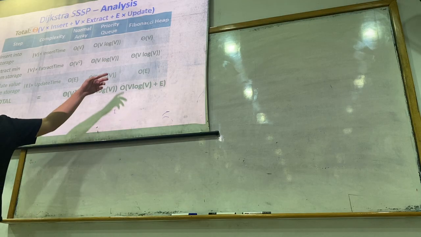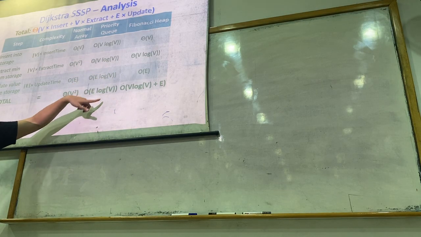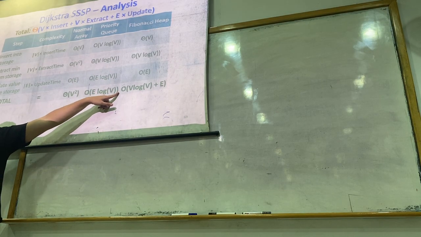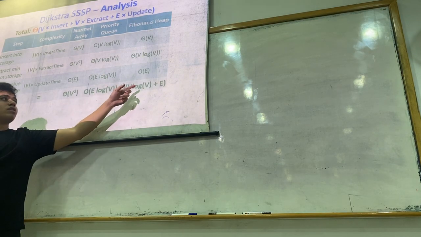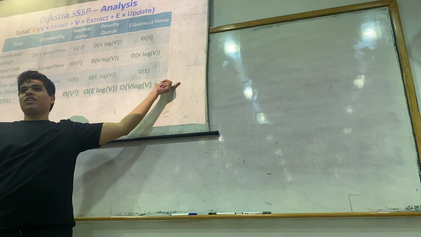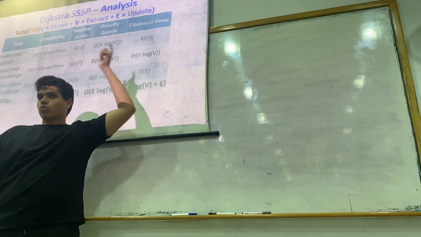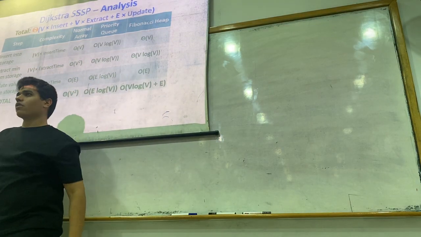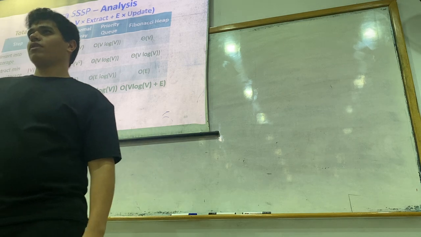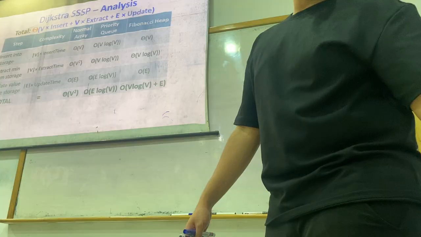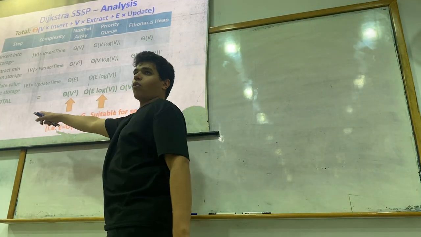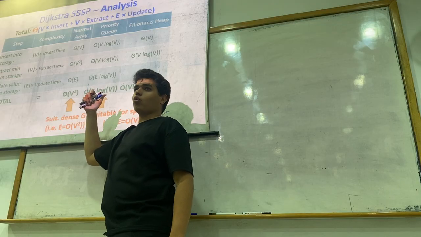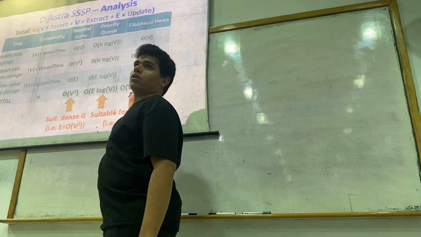So E will be equal to what? V square. So here it's V square log V, which is much worse than V square. And here it will be V log V plus V plus V square. So it will be similar to this, but the array reduces some overhead because of its simplicity when using it as a data structure. Okay? So if it's dense, the best is